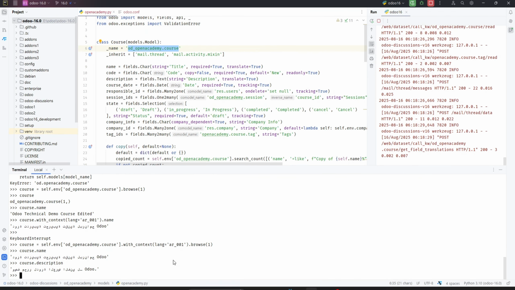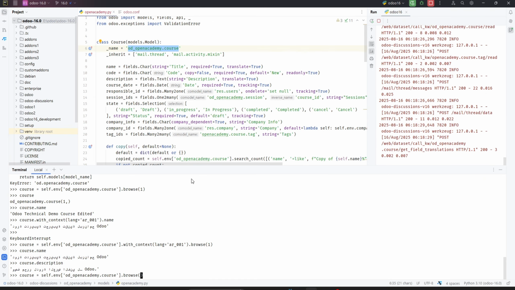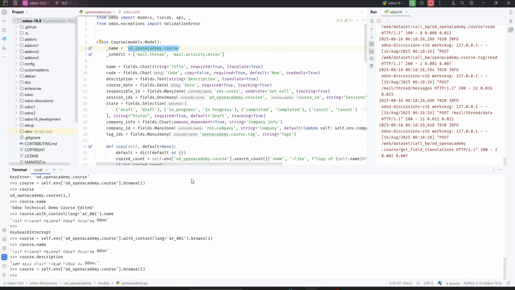Okay, so how can you do it? You can use the context the same way. So first of all, let me get the course, like this. So what is the course ID here? It is 2, you can see, and I will put 2. Now I want to update the course name using with context, and here I will pass the language equal to Arabic,